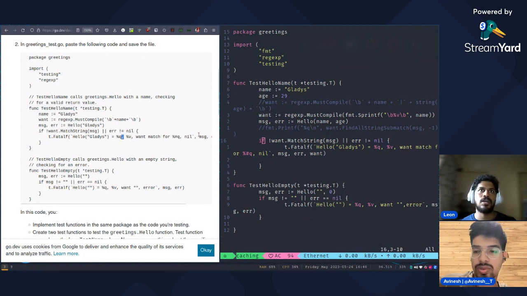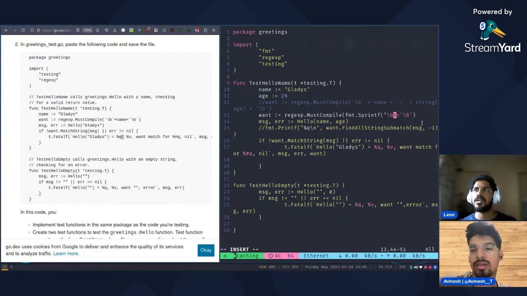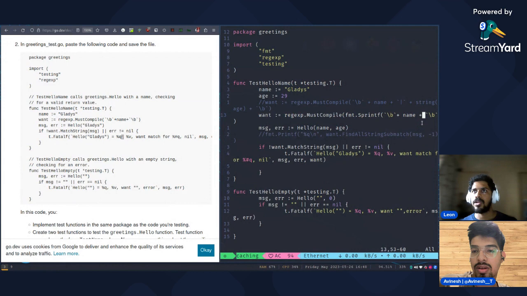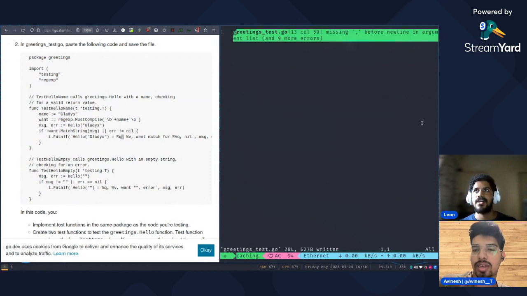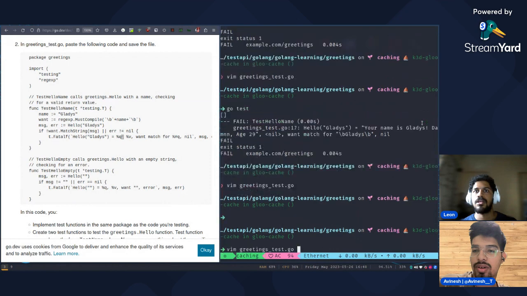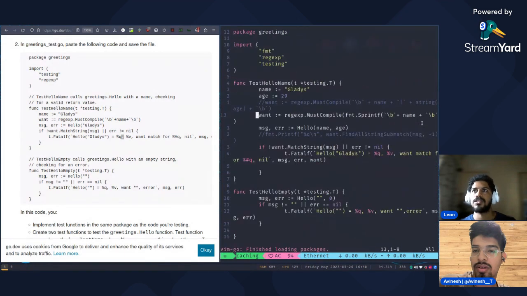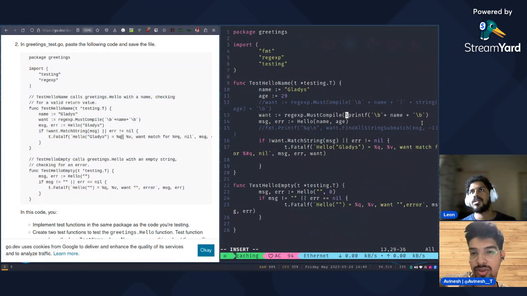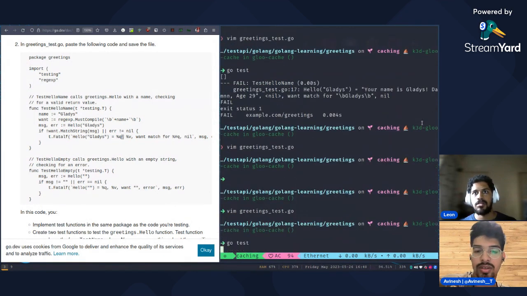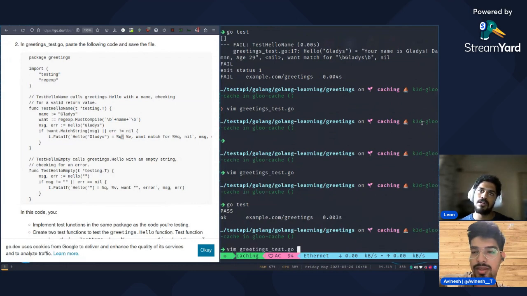मस्ट कंपाइल में यू आर नॉट यूजिंग द टिल्डे साइन. अच्छा दिस वन, पर इसको हमने रिप्लेस कर दिया ना. Okay, let's do that. नहीं रुक रुक, let's do that. Let's make it ditto. दिस विल थ्रो एन एरर. आपने स्प्रिंटफ में किया है वो. प्रिंटफ में क्या किया? अच्छा. तो स्प्रिंटफ को हटा दो. ना नहीं, ये हो गया ना. मोस्टली सही है. ये पास हो गया. टिल्डे साइन,